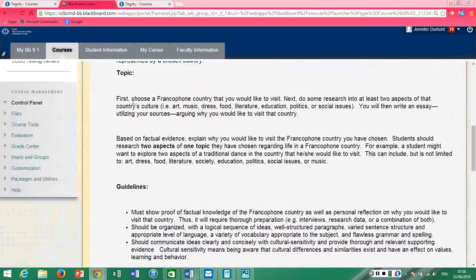In this paper you will choose a Francophone country that you would like to visit. So Francophone means speaking French. It includes, but is certainly not limited to, France. You will do research into at least 2 aspects of that country's culture. It could be, for example, art and dress, or architecture and food, or literature and politics, or a social issue